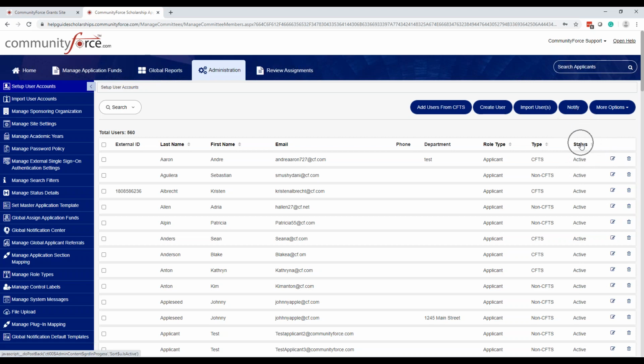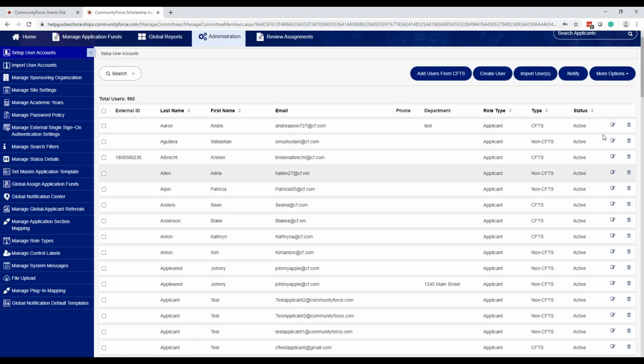And then the status column over here lets you know, of these user accounts, which ones are active and which ones are not active. If they say active, that means they can log in and it's an active account. If you come here and you see inactive, that means that applicant or user profile is no longer active in the system. They can't log in. However, you do have the ability to activate an account if they ever decide to come back and need to be able to use that account. And then this little icon here is the edit icon,